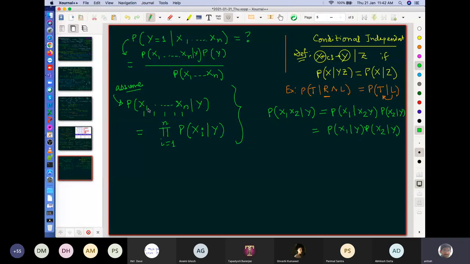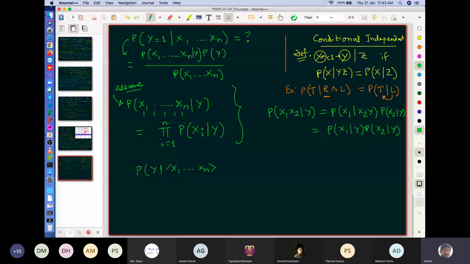So your only goal is that whichever learning problem you are given to solve, you try to figure out its attributes so that they become conditionally independent of each other. Then it is a very good problem for Bayesian learning, because now my estimation of y given x1 to xn